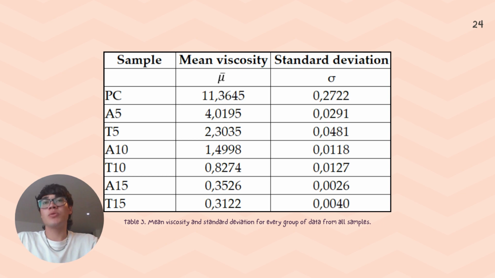But in general, the two solvents were good at the viscobreaking properties because the least effective configuration, that is acetone at 5%, was enough to decrease the viscosity of the fluid by more than half. And also we can see in this table the standard deviation that demonstrates once again that the behavior of the fluid is Newtonian because it is mostly